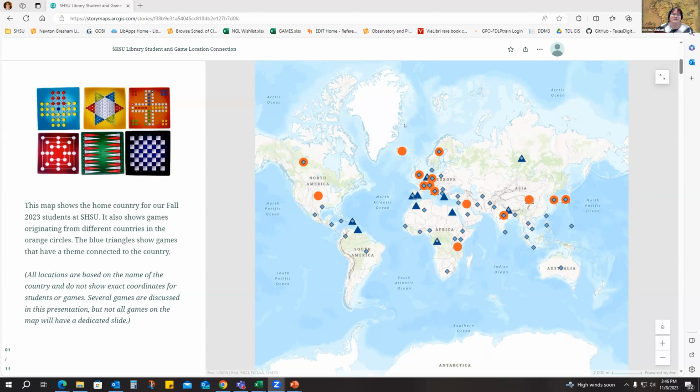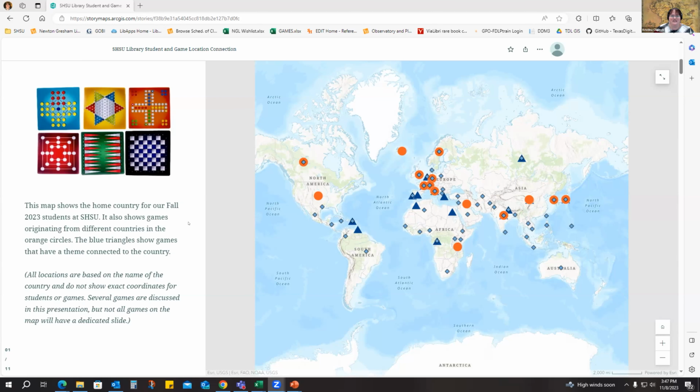And the whole point is that, and some of this I'll talk about again later, we're just hoping to maybe connect with some of our students and help them feel welcome in another way, aside from the many others that we try to do. So that's what we're going to do here. And I only looked at the international students for the fall of 23, this fall, because that's what I could find the data on. It was a little bit tricky, but we found it all.